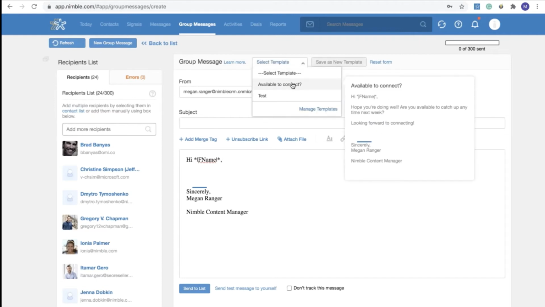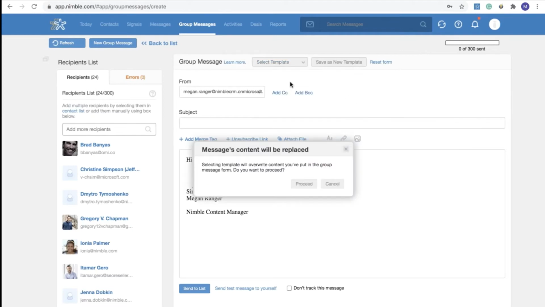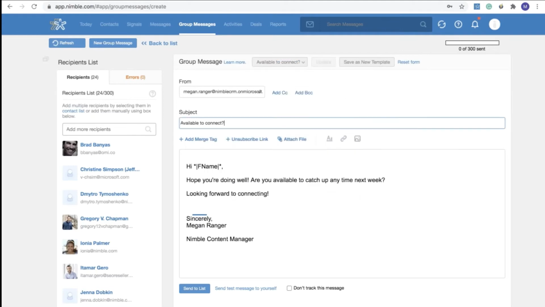So if you already had a template saved, you could just pick that one and it will automatically pop up, which is pretty nifty. Templates are shareable, so you can easily share them with anyone on your team. And before you send your outreach, you can also send yourself a test email by clicking that little hyperlink right there,